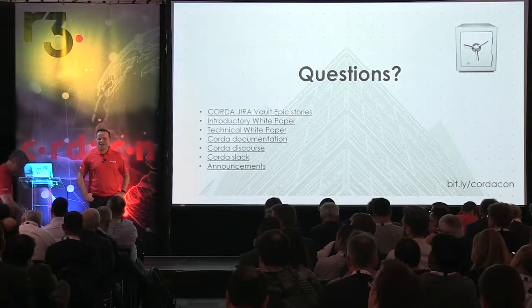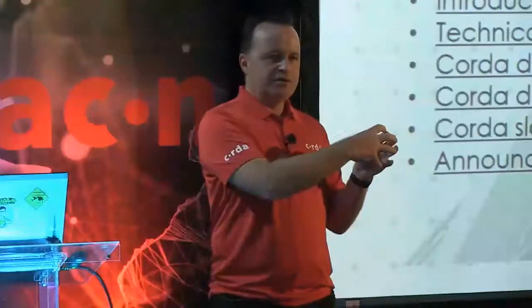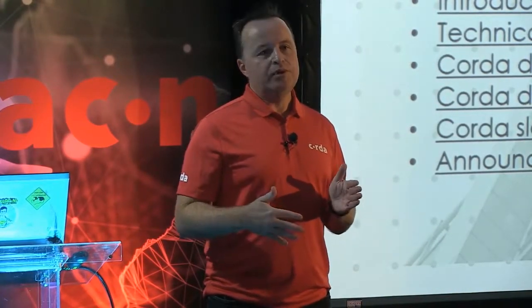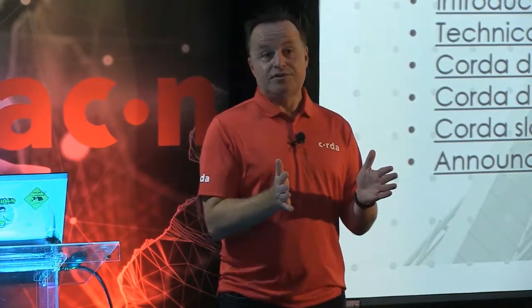Very quickly, sorry, thanks. Just in theory, would it be conceivable that at some point, because my database has grown very large, I would take all the consumed states that are older than a year and delete them, or copy them somewhere and delete them off the database? Would that break something? No. As I mentioned earlier, the vault itself is a view on the immutable ledger, which is the serialized blob storage. So what we envisage is that we'll produce some archiving and housekeeping tools that will allow you to take the consumed states out of the vault into some kind of secure storage of your own making, and then